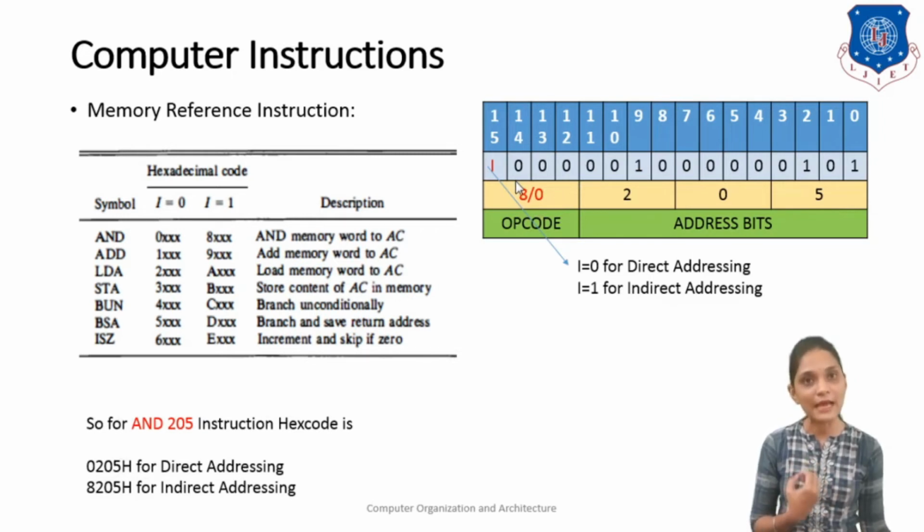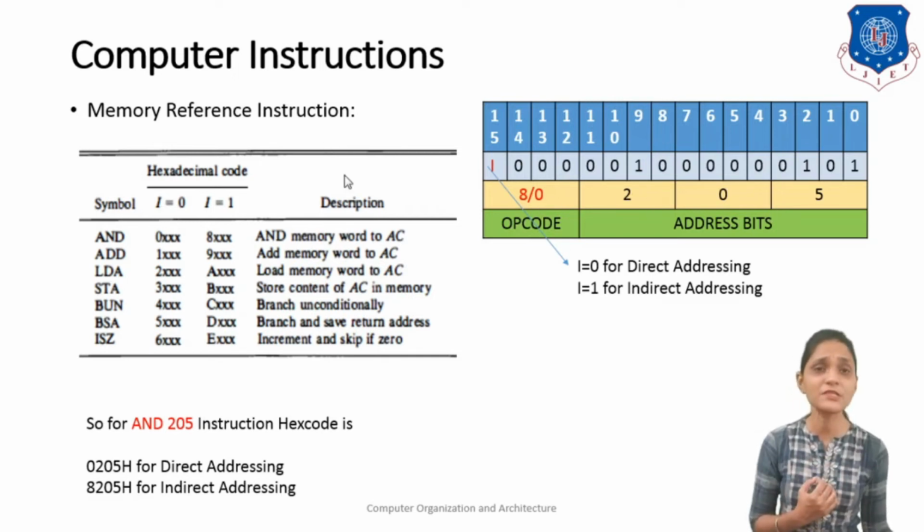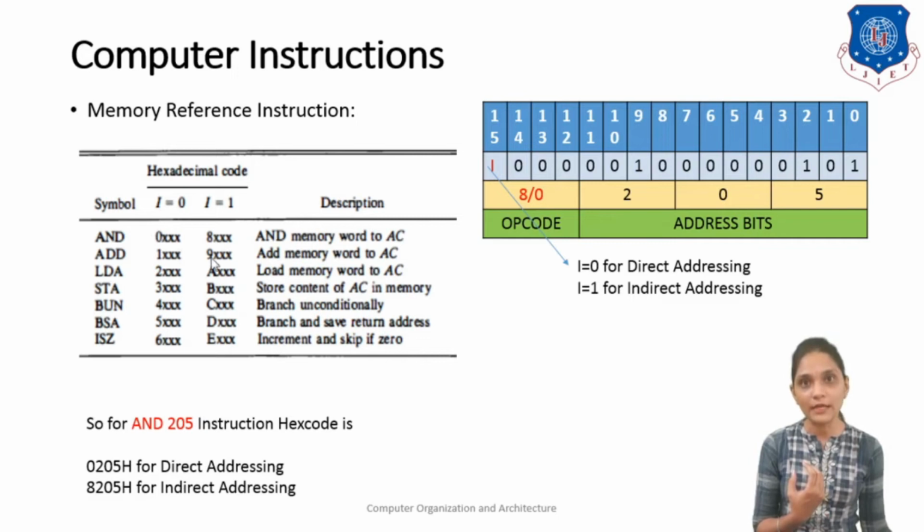And if you use indirect addressing, then your operation code will be 8205. This way you can design the operation code for any instruction. For the load instruction it will be 0 or 8. For the add instruction it will be 1 or 9. For the AND instruction it will be 2 or A, and so on. But the rest of the 12 bits depend upon your address field, from which location you have to access